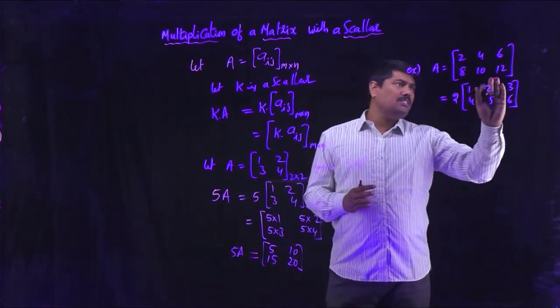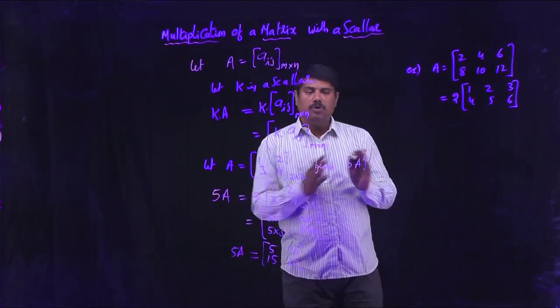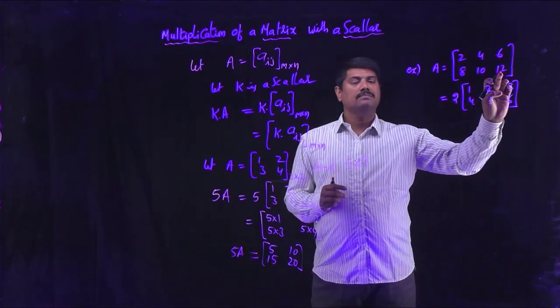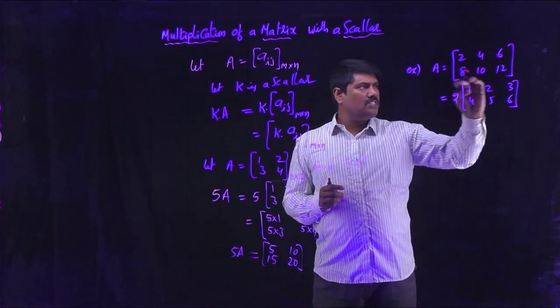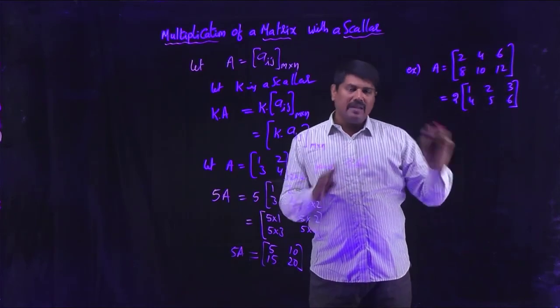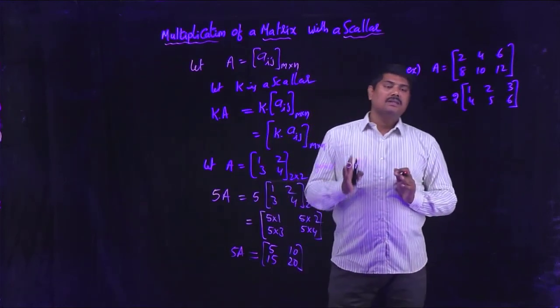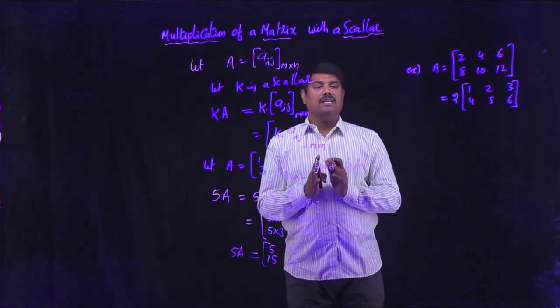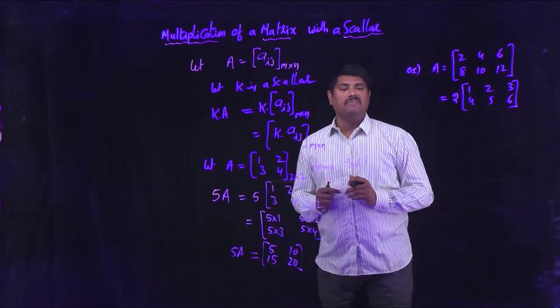If there is one element that is not a multiple of 2, you can't do that. So if it is 11, even though you can separate 2 from the first 5 elements, you can't write it that way. To separate a number from the matrix, the number must be a factor of every element of the matrix. Only then is it possible to write it as a multiple of the matrix.